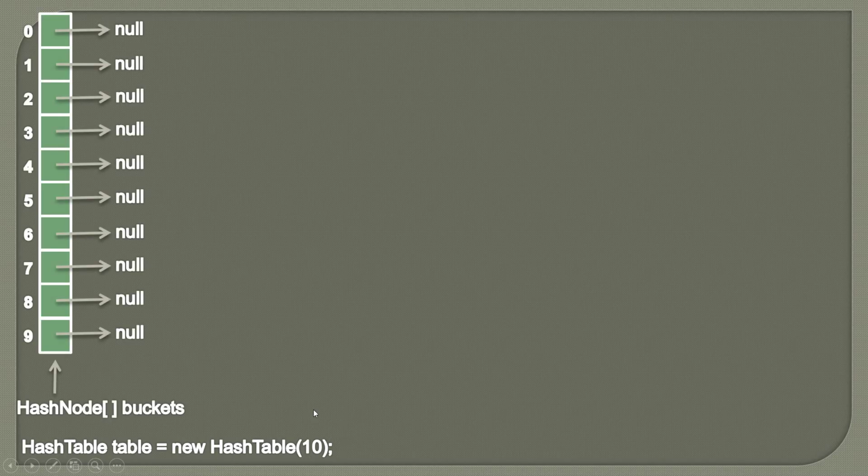So here you can see that in our previous video, we saw a basic structure of hash table where we can create a hash table by providing a capacity, which also signifies the number of buckets in a hash table. So when we call this line, the hash table internally uses an array of hash nodes, which we call buckets, and at the start each hash node at a particular index points to null.